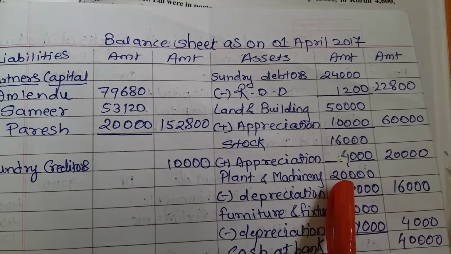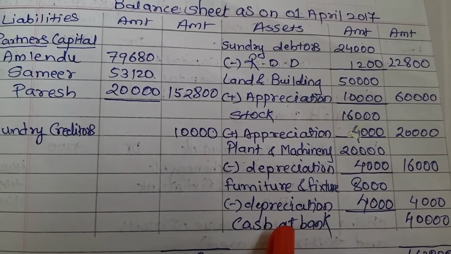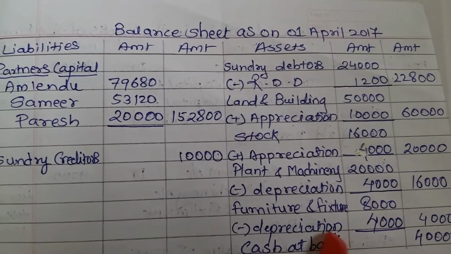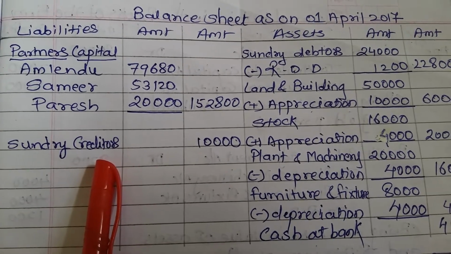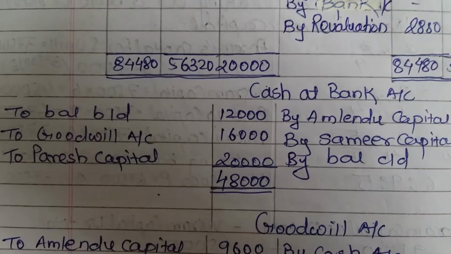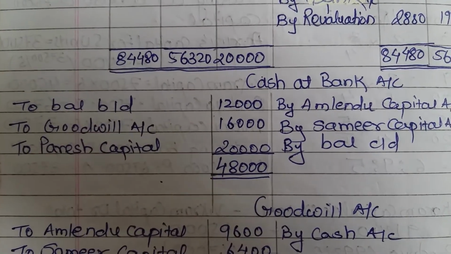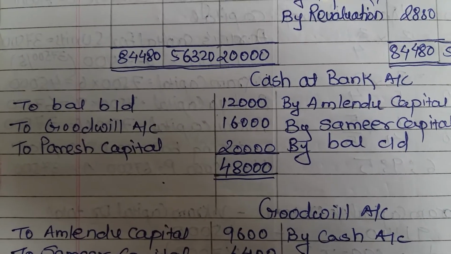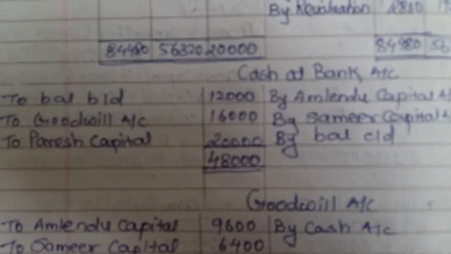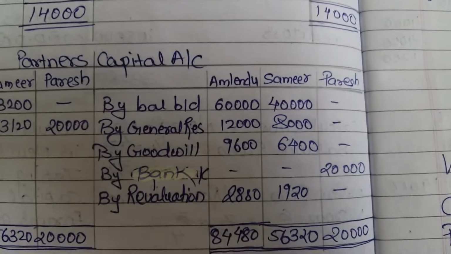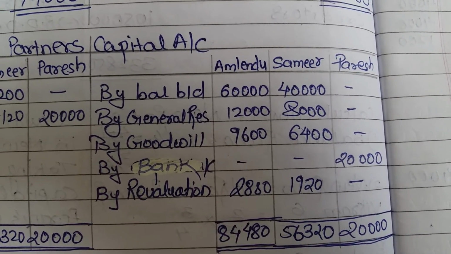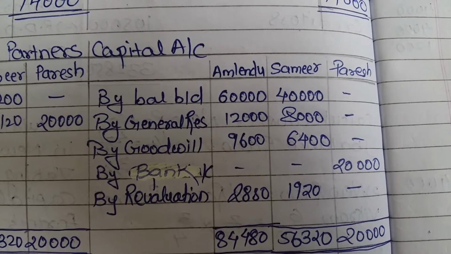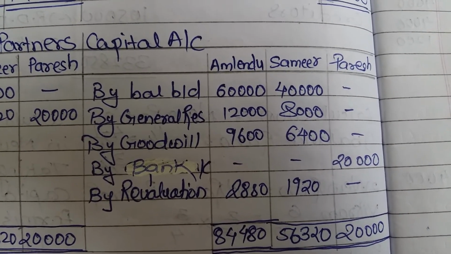It means you have to post on the inner side, right? Then I am again transferring all the liabilities, only sundry creditor liability is mentioned. Then cash and bank account, preparing a separate account or showing the opening balance rupees 12,000 on the debit side. At the same time, partners' opening balance, Almendo and Samir, 60,047 on partners' capital credit side.